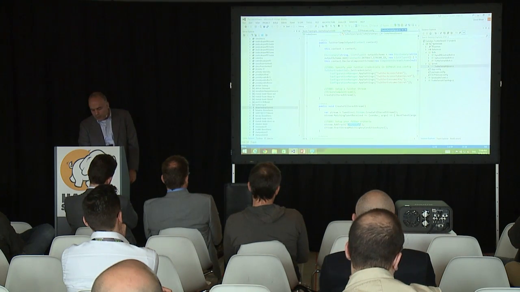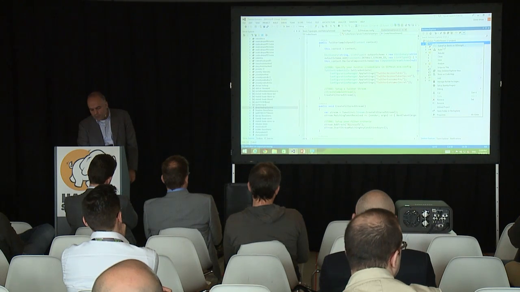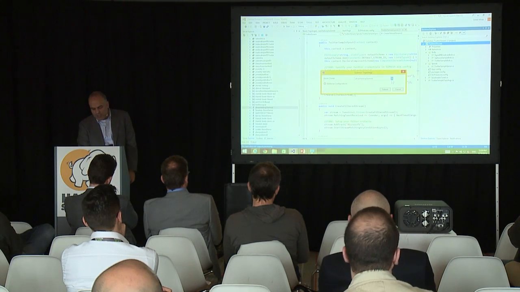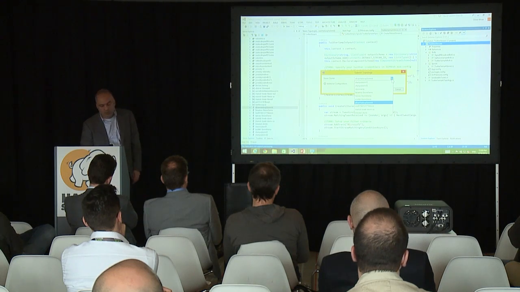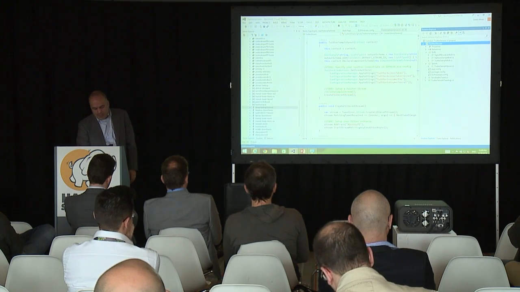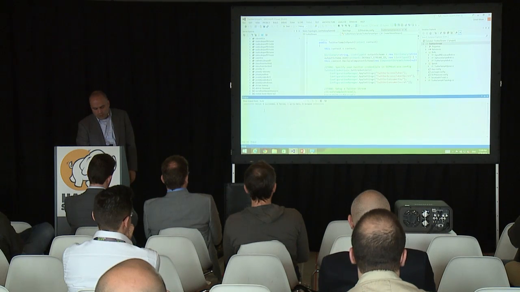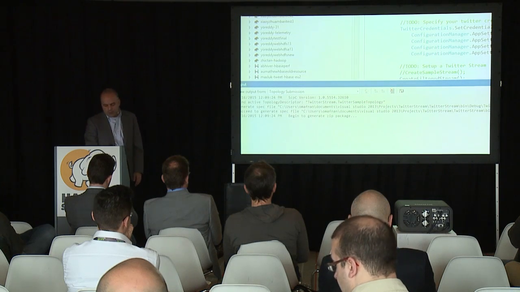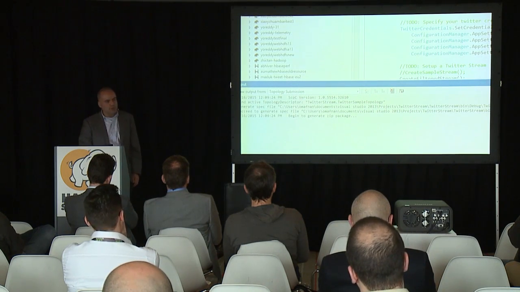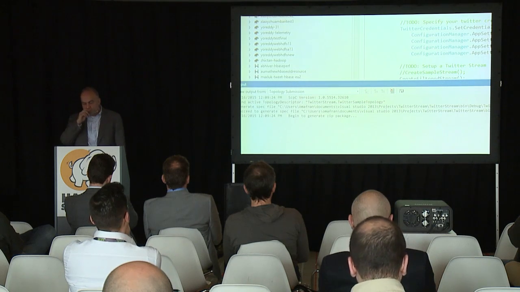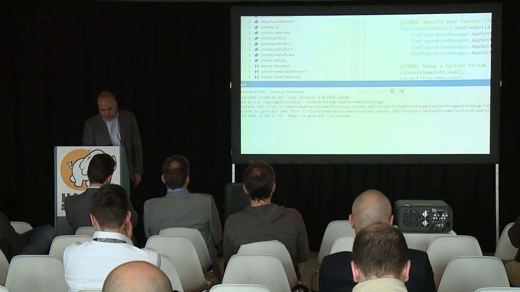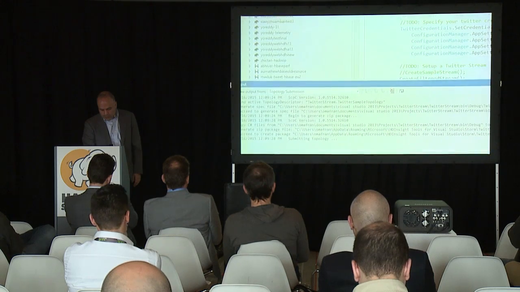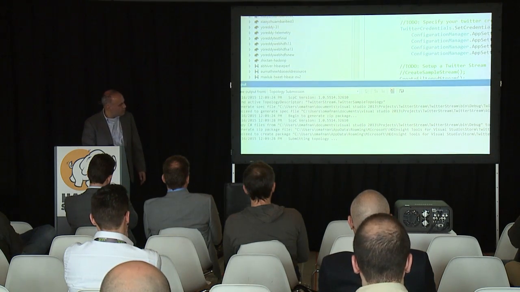And if I go to the Twitter stream project here and say submit, it lets me pick whichever cluster I want. I might want to test this out on a small cluster, or I want to run it on a bigger cluster. I have choices there. I say submit, and it'll start to build it and generate the zip package, and it's going to upload this, submit this to my cluster, and get the topology to start running. Here it says submitting topology.